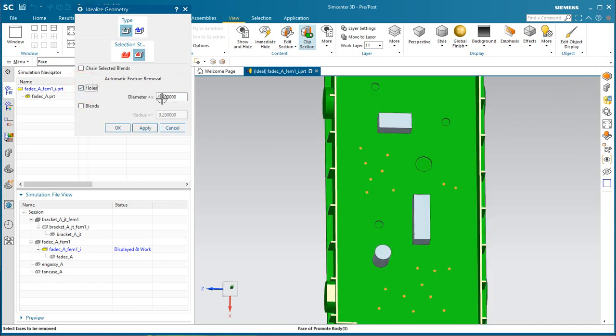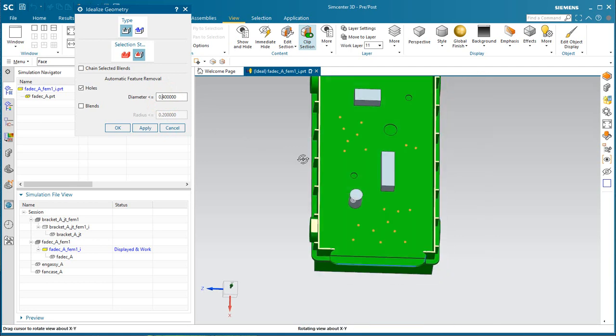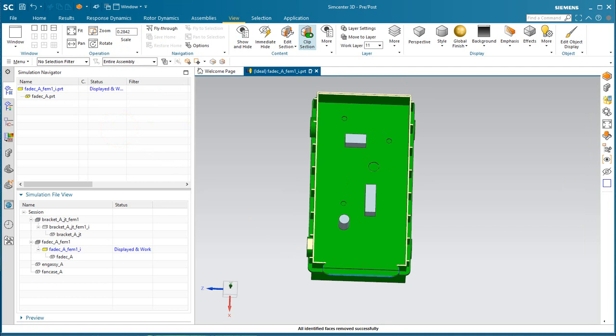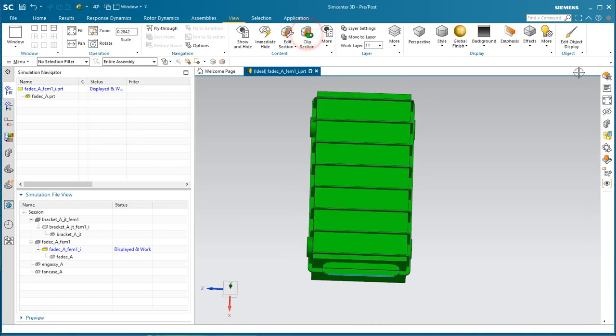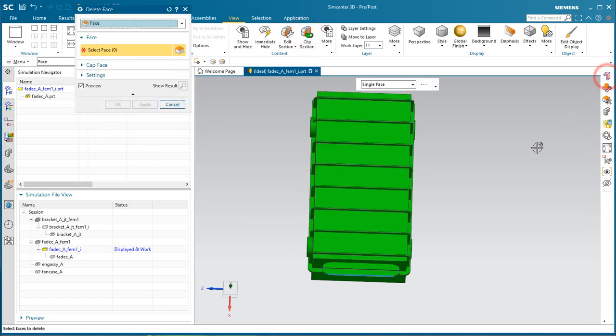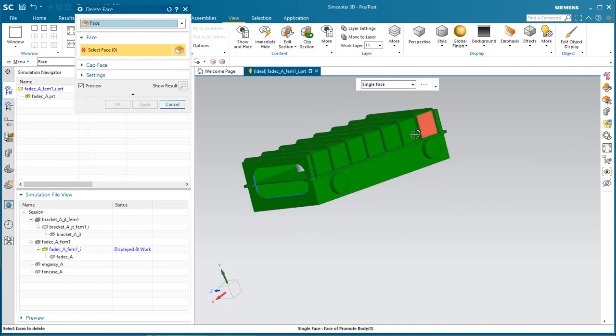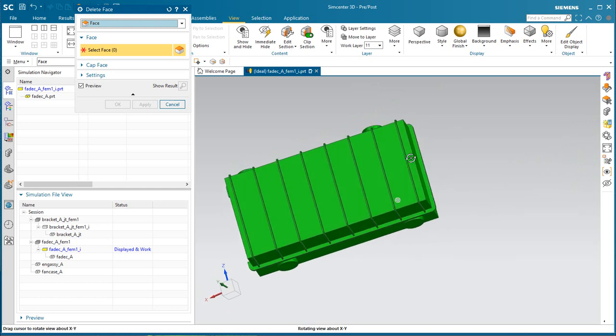And here we can idealize away the holes based on a diameter. So here you can see as we increase that diameter, the number of holes that we are selecting is increasing, and we just want to take out the small holes. So we'll leave that diameter small, and you can see all those small holes have been removed. We can now turn off our clip section,